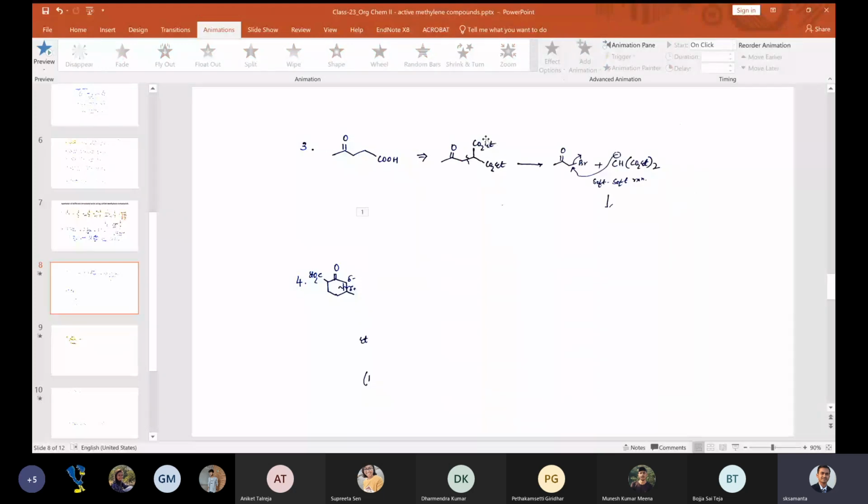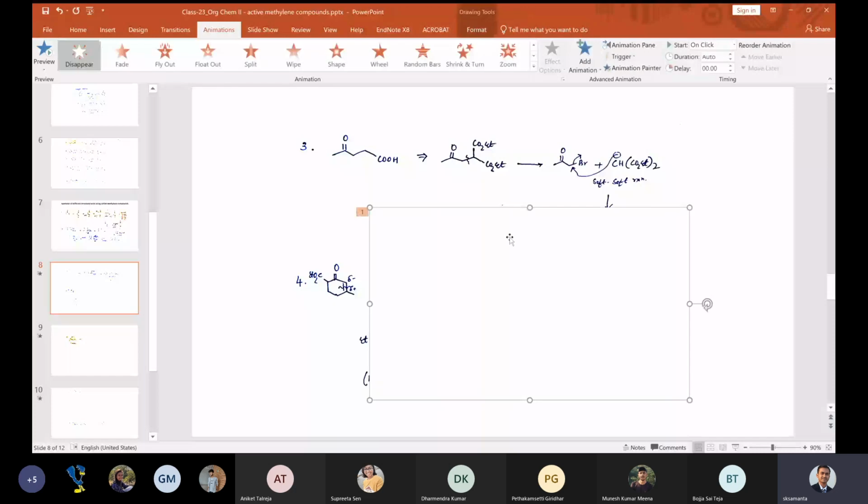know if you hydrolyze it, it will become COOH, COOH. You heat it, one of the COOH will be gone. So if I use this one, this is an active methylene compound, and here we can just make a leaving group like this, and in this case COOH twice. This is your active methylene compound. So now you know very easily that